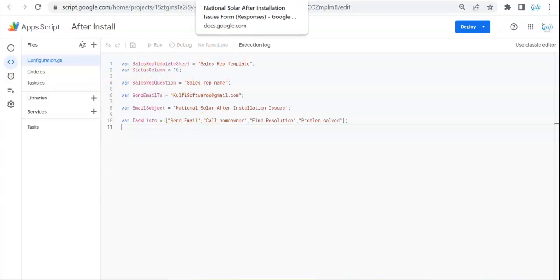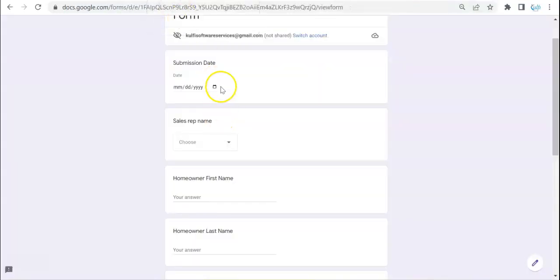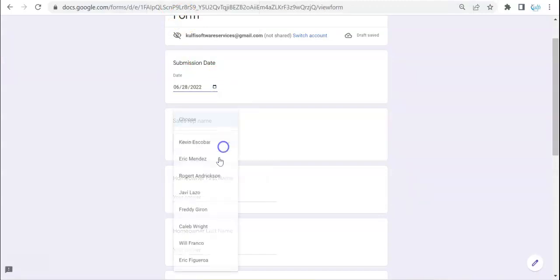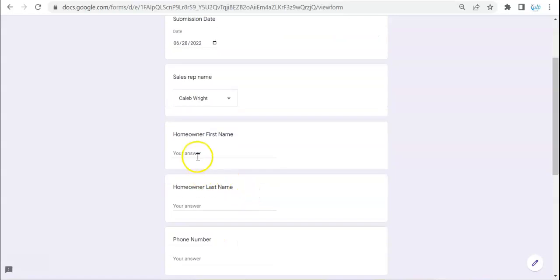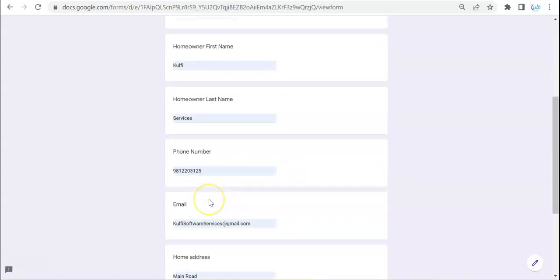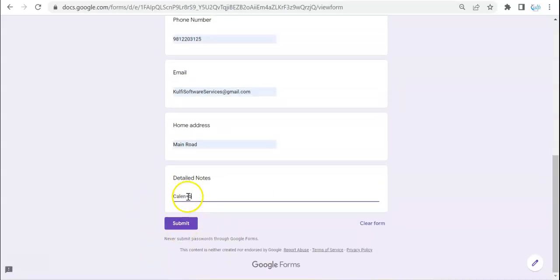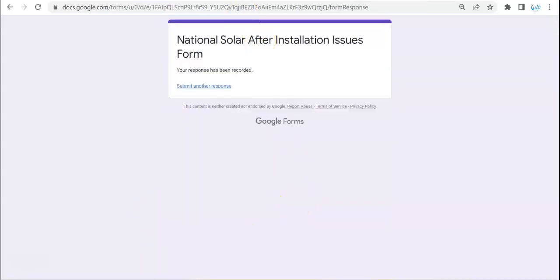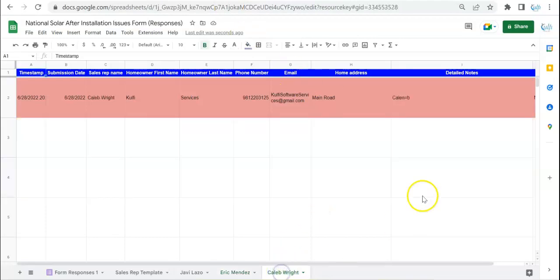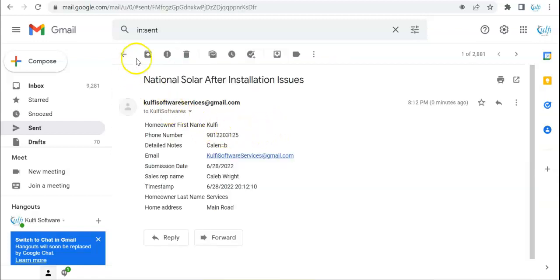Now when I submit, I want to show you that it sends an email and it also adds to the calendar. Okay, so I will submit one more, and this time I will submit Caleb, right? And I'll just use the default thing, and I'll just write Caleb. Okay, I'll click submit. So you can see that for Caleb a spreadsheet was created, and this row appears over here, and in the sent email you can see that this sent email appears over here, and it has the same subject,